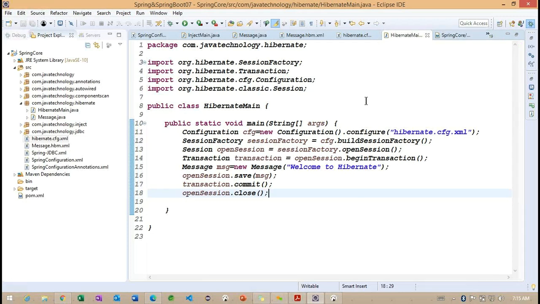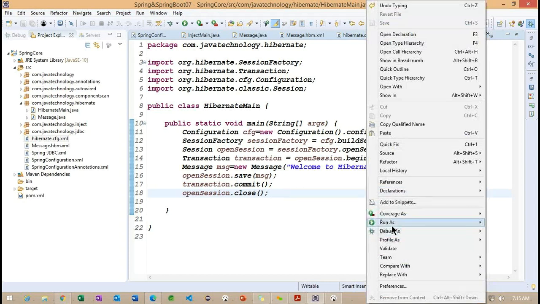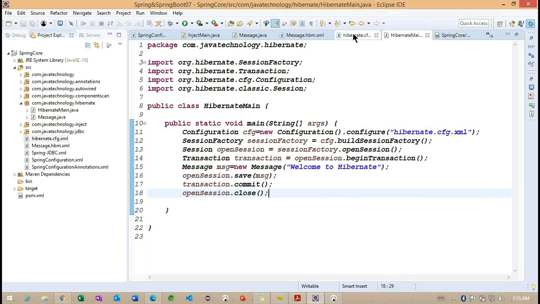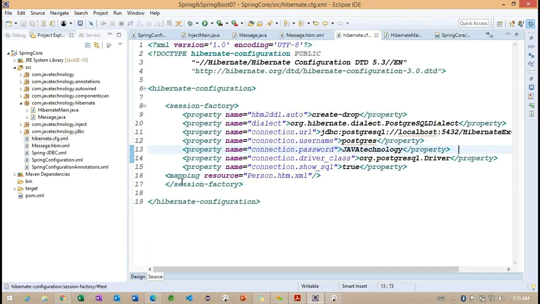What happens internally? Basically, Hibernate depends on other things, and finally we are expecting the result here. So inside this particular configuration, let me open it and check whether I added the mapping file. We need to change this particular mapping file. We are not going to work with the first one; we are working on the message here.